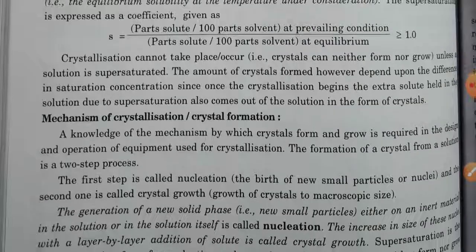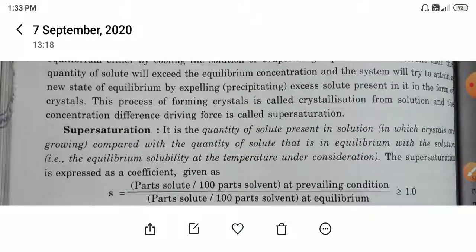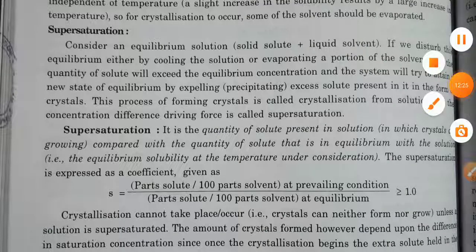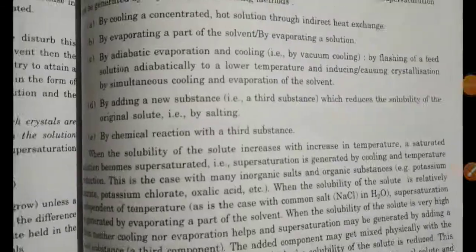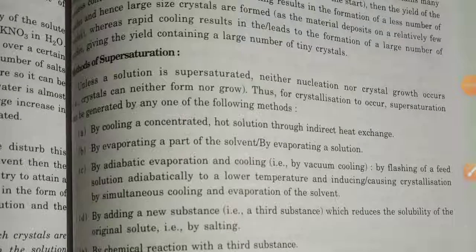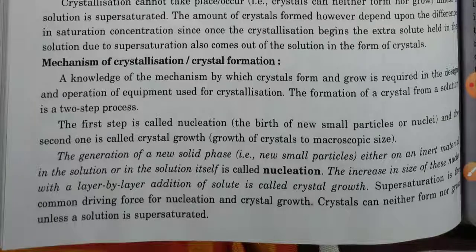Simply, this is the supersaturation definition part જોઈએ આપણે. ઓકે, હવે આપણો એક mechanism part છે crystallization નો એ જોઈ લઈએ, જેને આપણે next lecture માં જોઈશું, methods of supersaturation, કે કઈ કઈ method use થાય છે અને એમાં એ શું કરવાના છે તે જોઈશું. ઓકે, તો mechanism part, mechanism of crystallization and crystal formation.